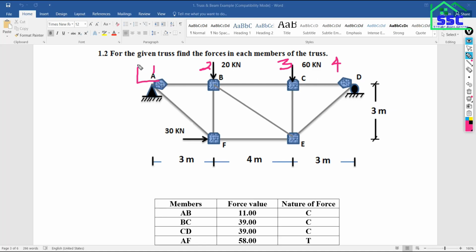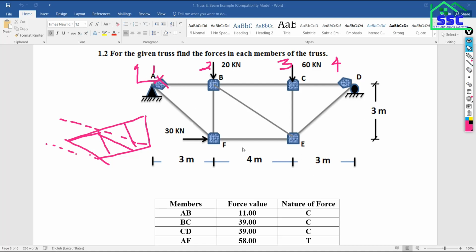As earlier discussed, there is no grid in the Y direction, so we have to put only one grid in the Y direction, and that grid will be for the truss itself. So in the X direction there are four grids, and in the Y direction there is only one grid.